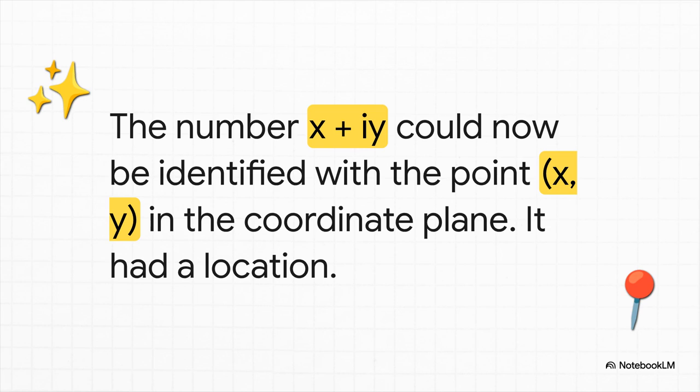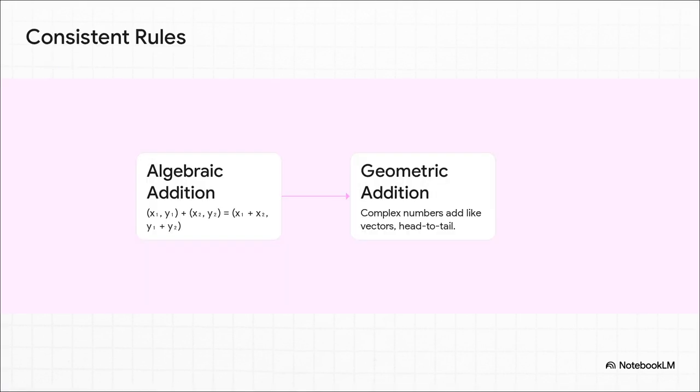All of a sudden, a so-called complex number like a+bi wasn't some weird abstract thought experiment. It was a point on a map. It had coordinates. You go A units on the real axis and B units on the imaginary axis. It had a location, a physical spot you could point to. It went from being a ghost to being a place on a map. And the thing that really sealed the deal was that the geometry lined up perfectly with the algebra.